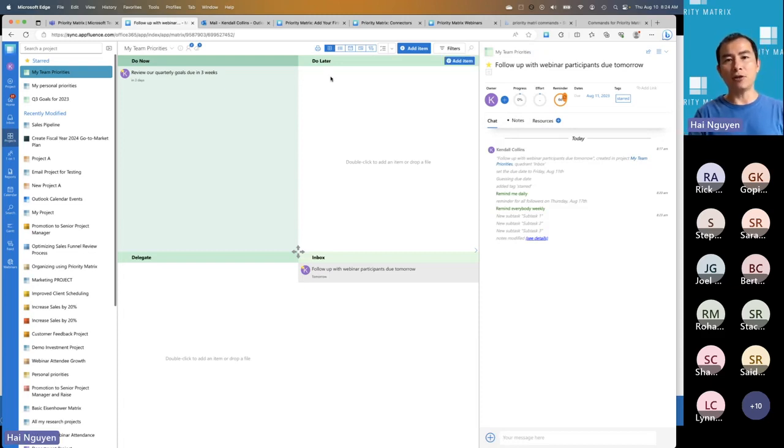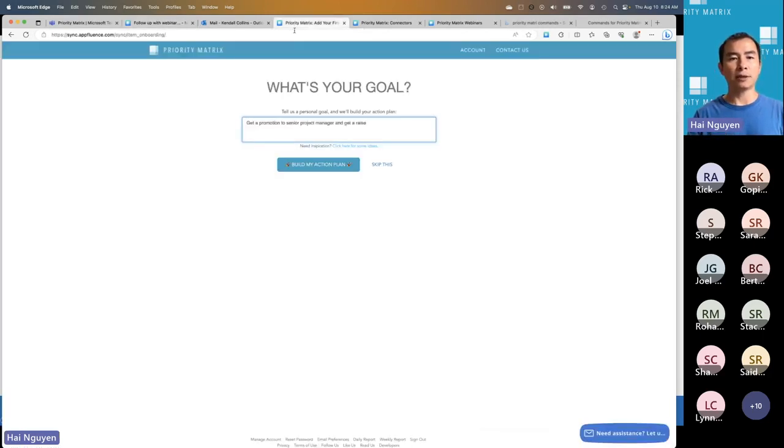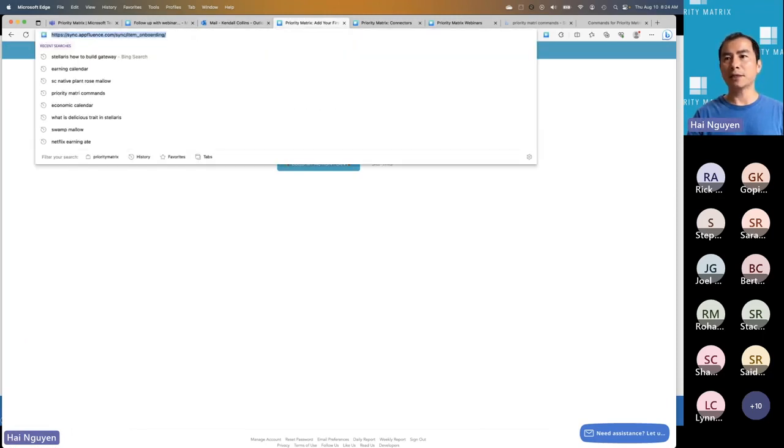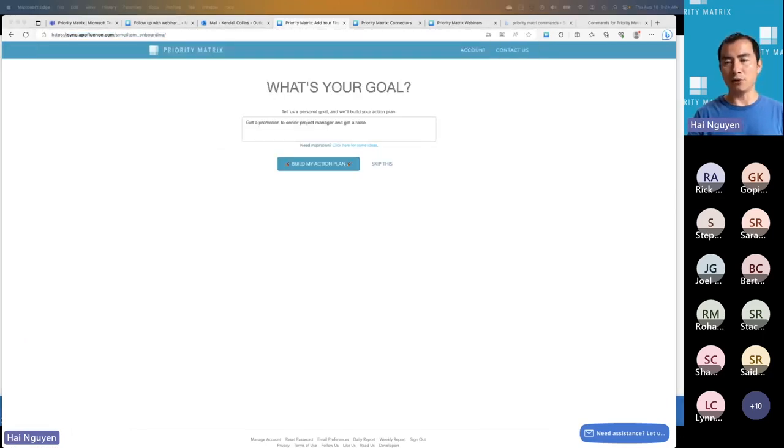And one of the things that you can do with Matrix is actually create overarching goals. I'm really excited about this capability because this is something that's relatively new. So I'm going to go to this web page right here, and I'm going to send everyone this link here inside the chat. So if you want access to this, you can go here. But imagine